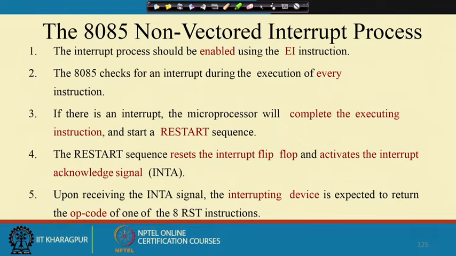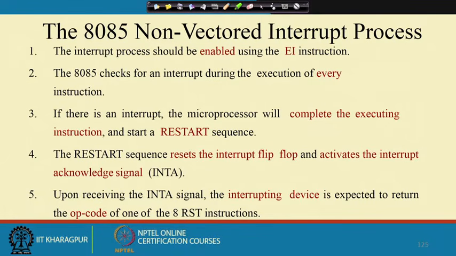If there is an interrupt, the microprocessor will complete executing the current instruction and start a restart sequence. The restart sequence is basically a sequence of operations by which the service routine can be started. First of all, it resets the interrupt flip flop. We will see later that there is an interrupt enable flip flop. That flip flop is reset in the beginning of the restart sequence, and also you remember that there was